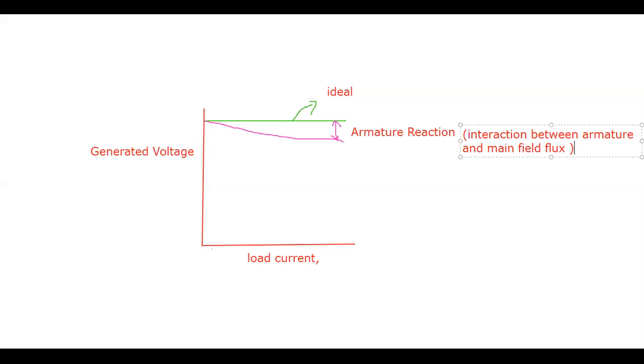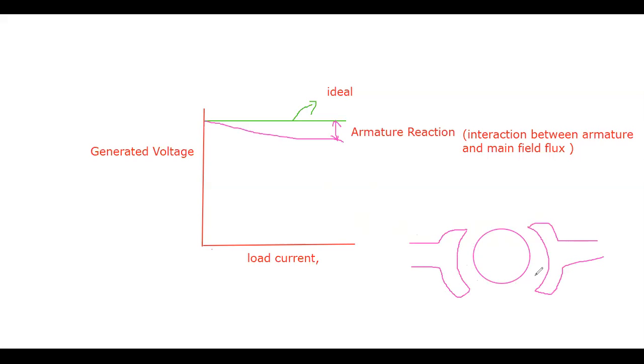So, okay, armature reaction takes place. Then why does this drooping characteristic occur in the internal characteristics of a DC generator, right? If we look into this deeply, then we will get an idea. So the idea here: I am just considering a rotor here, and then I am going to draw a stator here, which has two poles, right?